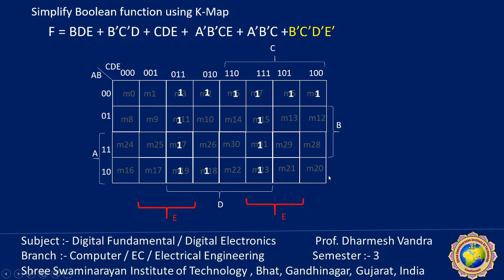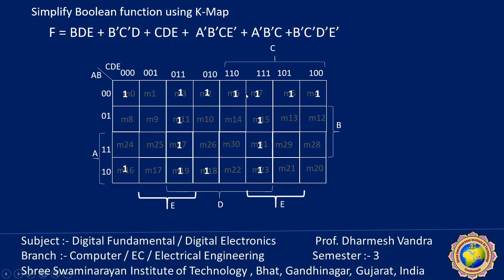Very good. C equal to 0 is this four cell of the first row and last row. This is removed from our function: B dash C dash, this four cell and last four cell. D dash is B dash C dash D dash, which is B0 C0 D0. So m0, m1, m16, m17, and E dash is only the function common to B, C, D, E. So m0 and m16, only two functionalities.